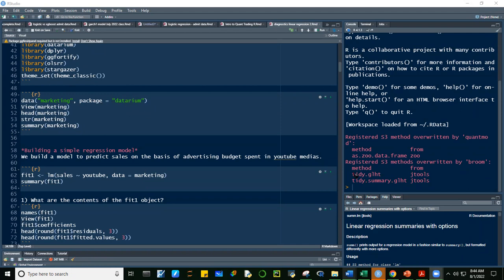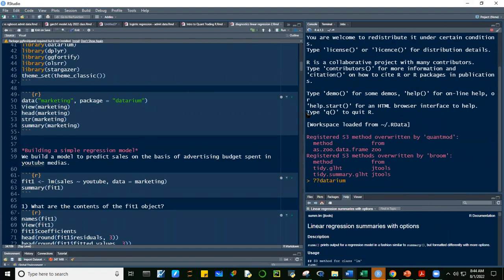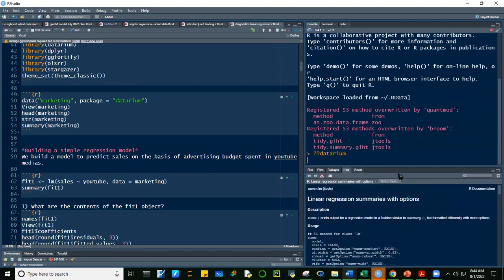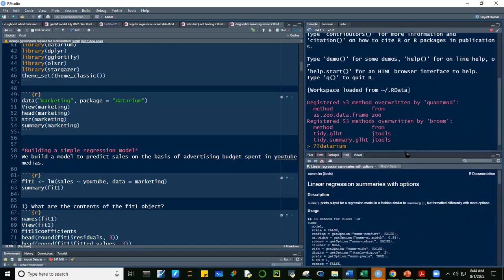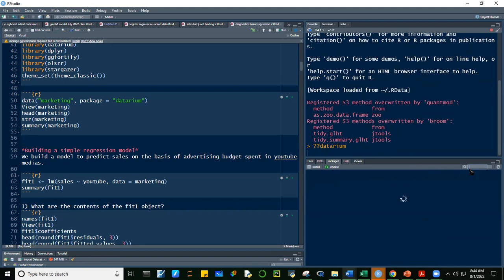We're going to make use of the package Datarium. As I mentioned a while ago, guys, you can check this Datarium in our console, and it will give us information about the package. It's still loading. Or another way is just to go to the packages here, because sometimes this takes quite some time, and then type Datarium. Let's look for Datarium here. Hopefully my R will work. While waiting for that, let me just run this. Okay, here it is. So if I click this, Datarium,